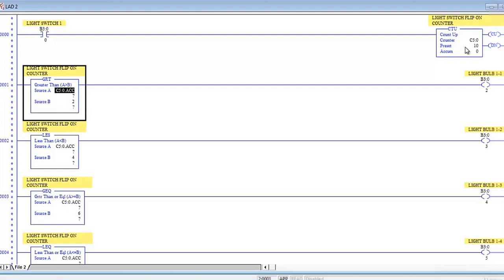C5:0.ACC, and that is the address for this accumulator value right here. That's what the ACC stands for, the accumulator. So as this C5:0 counter is counting up, it's storing that value in the accumulator. It goes to 1, 2, all the way up to 10, and we'll stay at 10 until we send it the reset command and send it back to 0, or in another way overwrite that accumulator with a different value,